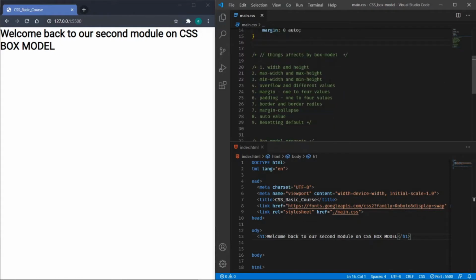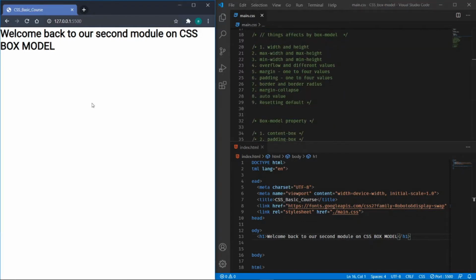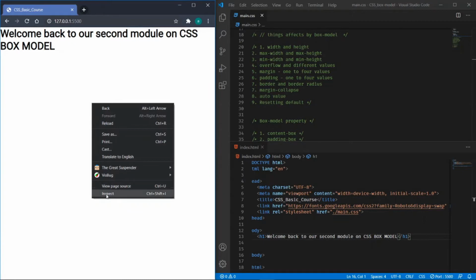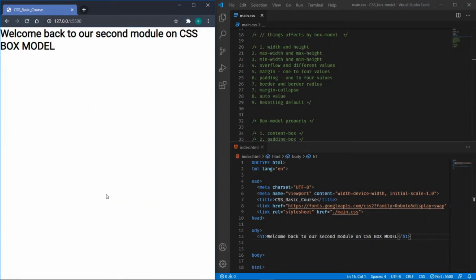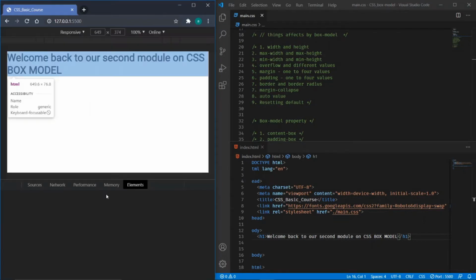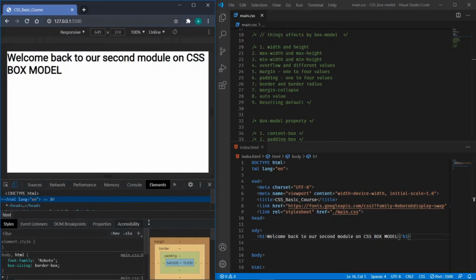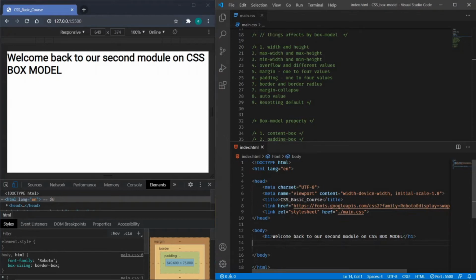First we will check out how the box model is seen on the browser. As you can see on my screen, I have already added an h1 tag in my body with the statement "Welcome back to the second module on CSS box model." So when we are targeting that particular element,